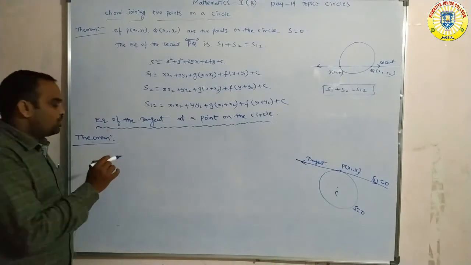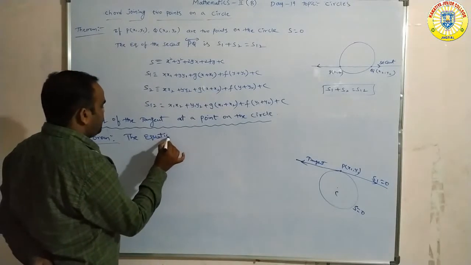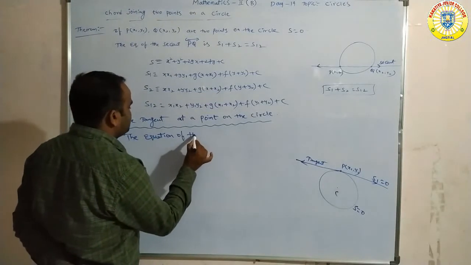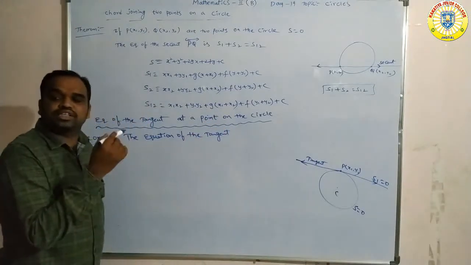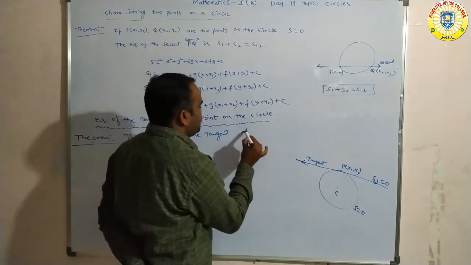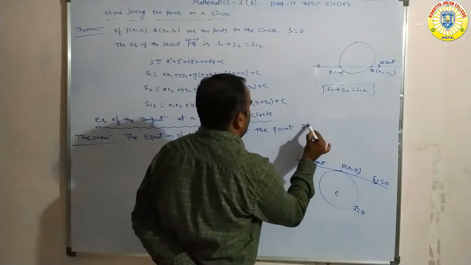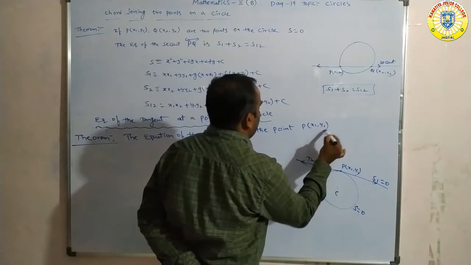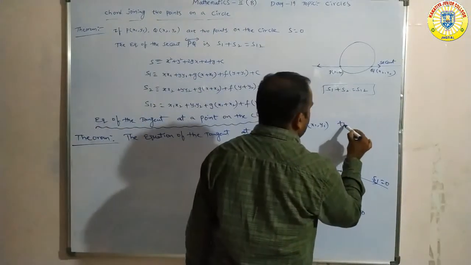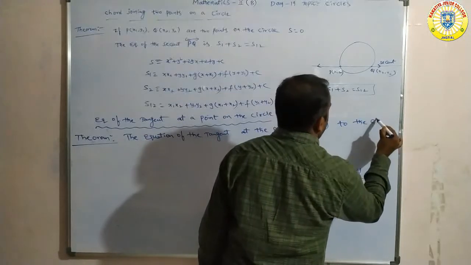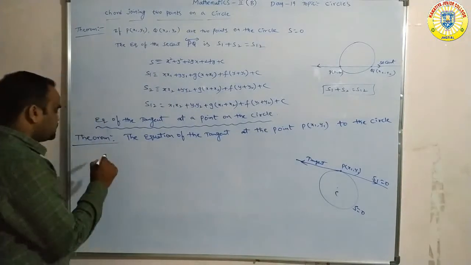So the equation of the tangent at the point P of x1 comma y1 to the circle